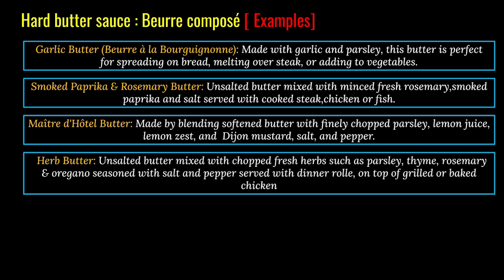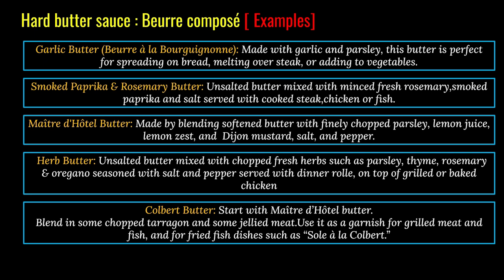Herb butter, unsalted butter mixed with chopped fresh herbs such as parsley, thyme, rosemary, and oregano, seasoned with salt and pepper, served with dinner roll or on top of grilled or baked chicken. Okay,